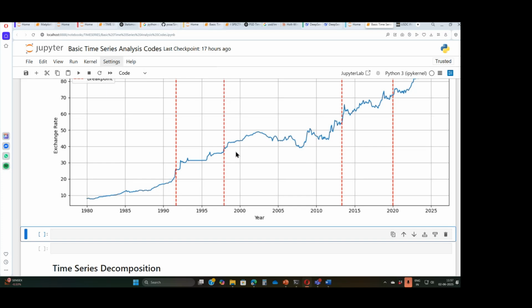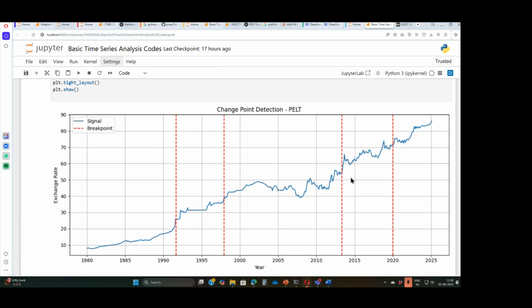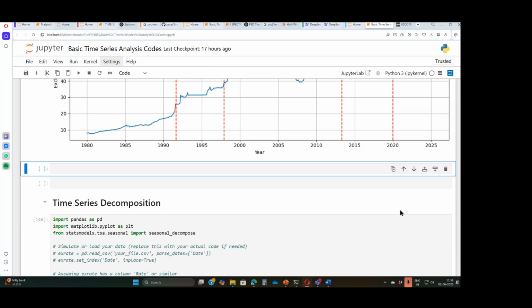And this whole period, from 1998 probably till 2014, there was a fairly steady exchange rate. It did not increase. It did not decrease. And then after 2014, you found there was a steep increase in the exchange rate. And from 2020, there's an even steeper decline in the exchange rate. So you've understood how the exchange rate has been moving in India versus the dollar and what were the different regimes. Okay. So this gives you a first-hand idea as to how to do it.